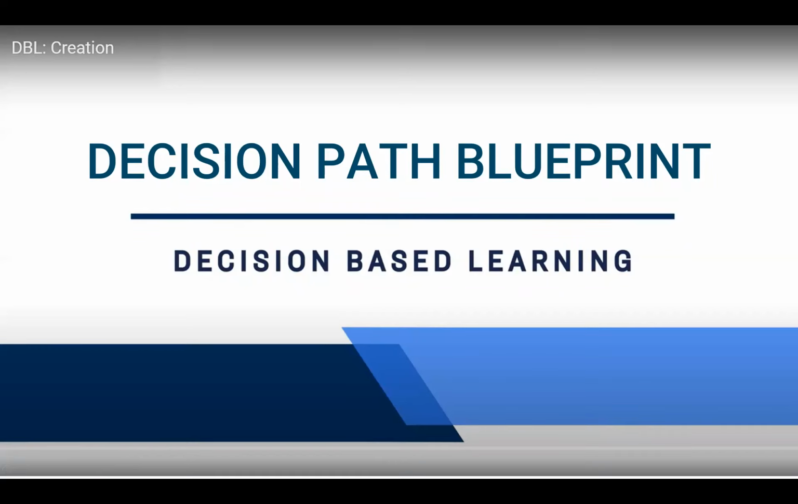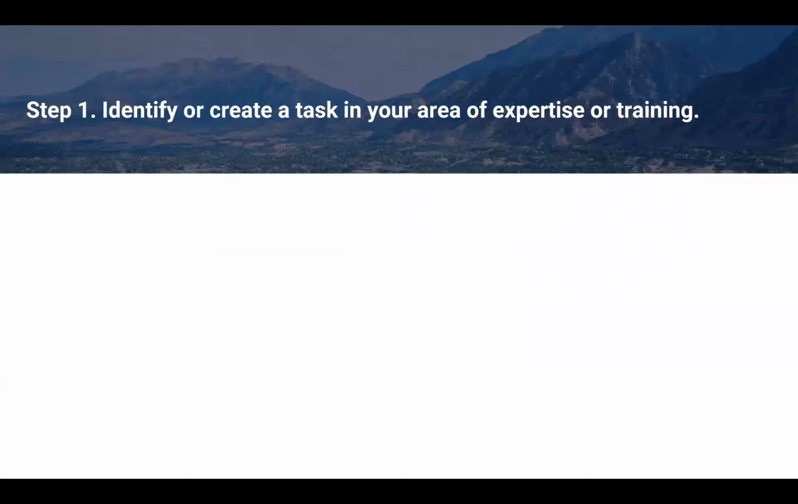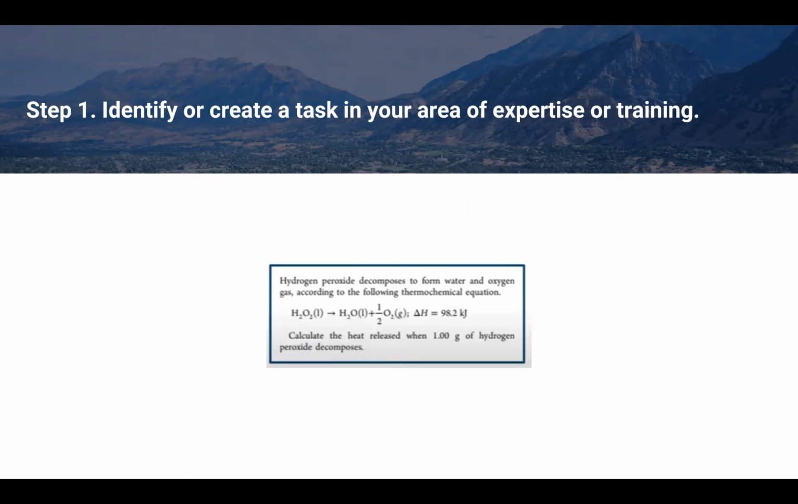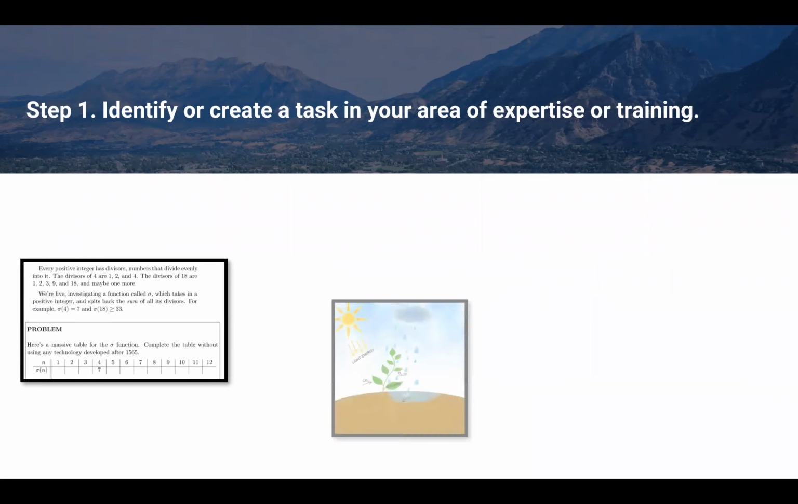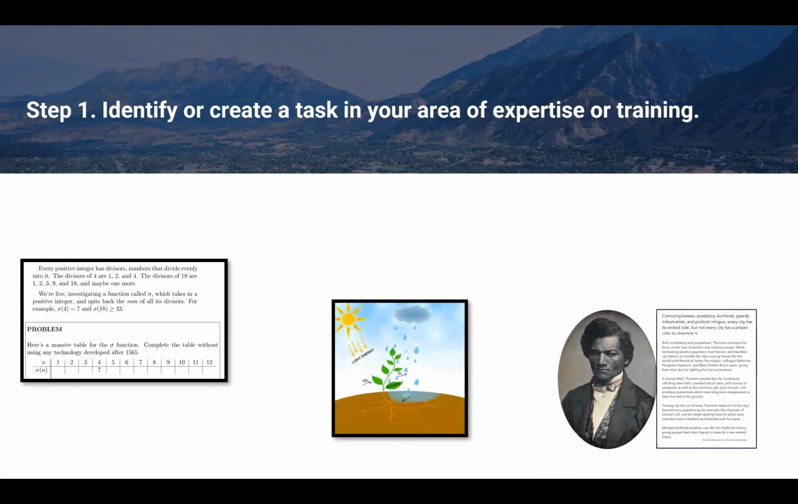This video will demonstrate how to create a blueprint for your first decision path. Step 1, identify or create a task in your area of expertise or training. A task can take the form of a problem to be solved, a painting to be critiqued, or a poem to be analyzed. It can be anything you want your students to break down and determine an appropriate course of